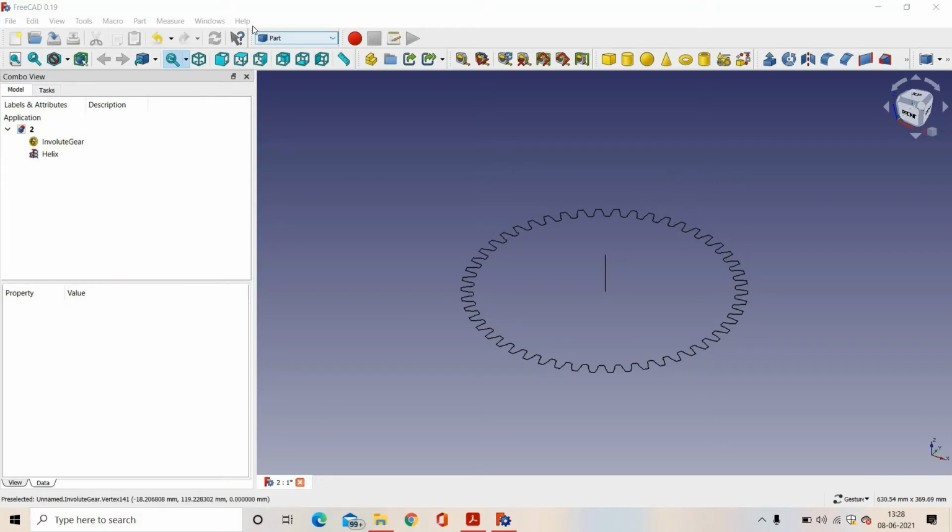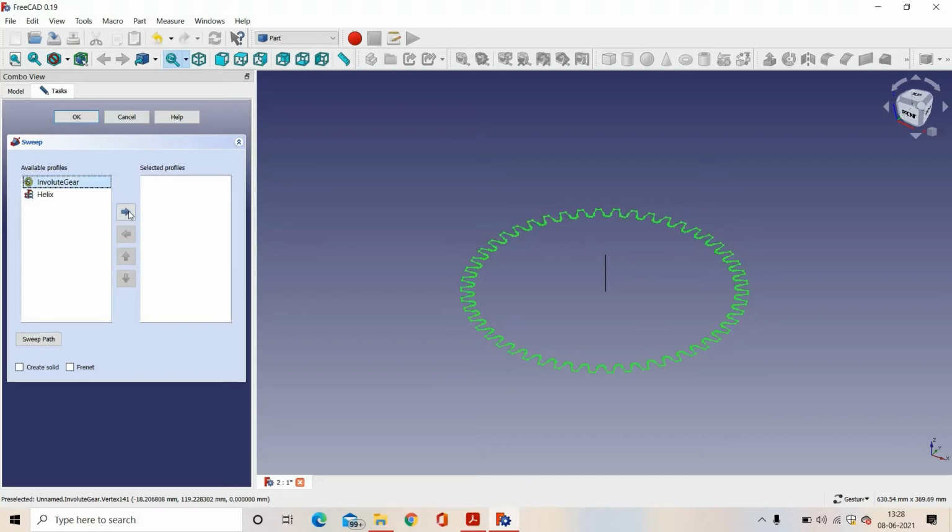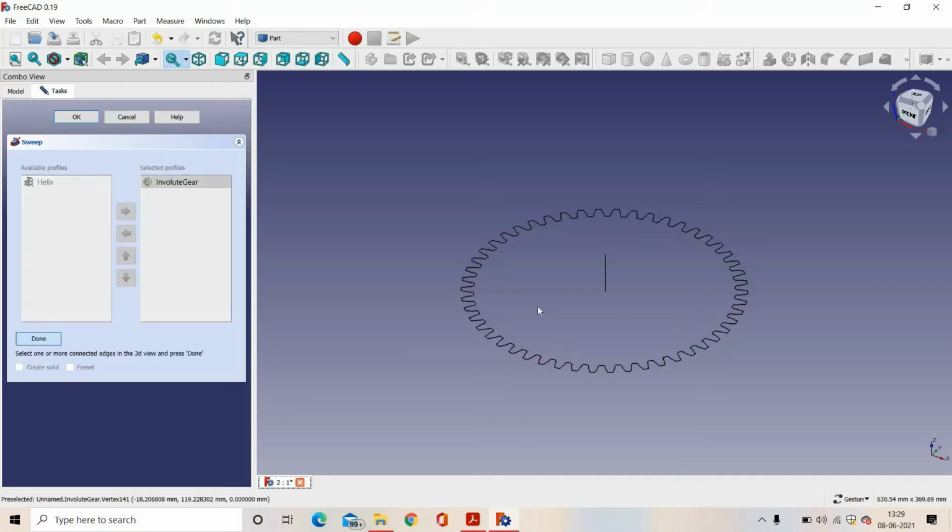To do this, under the Part we will select Sweep. In this sweep, in profile we will select the involute profile. In sweep path, we will select this and we will say done, and we will select create solid, and we will click OK.